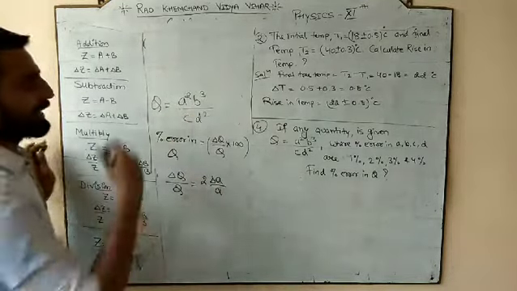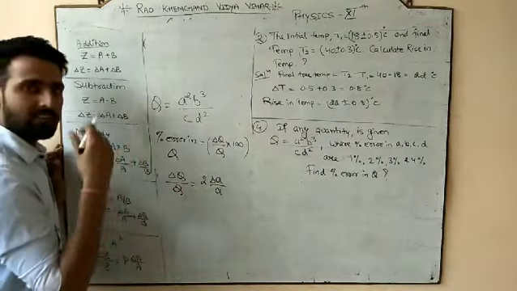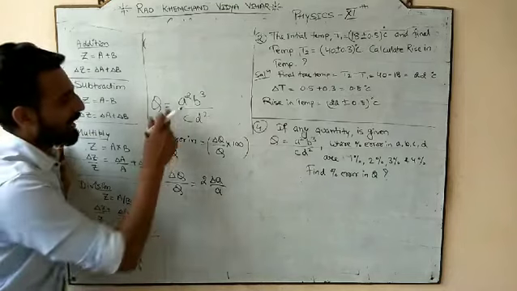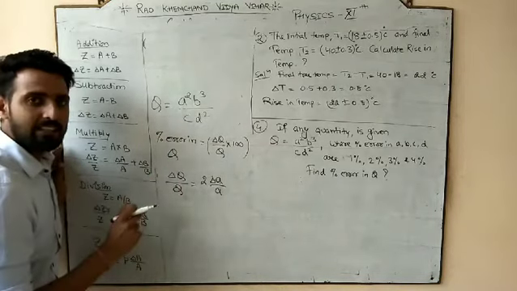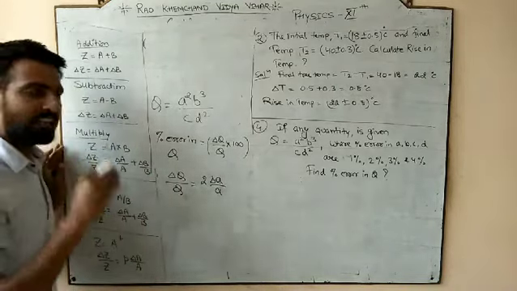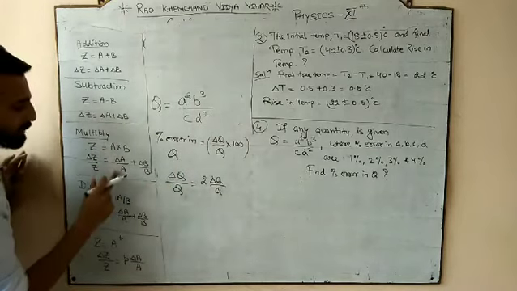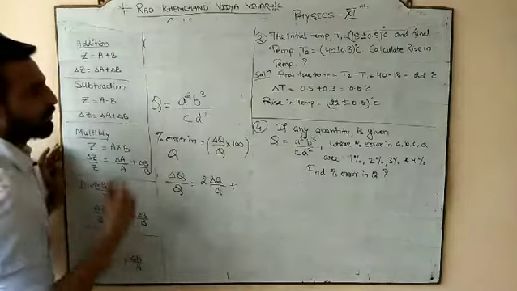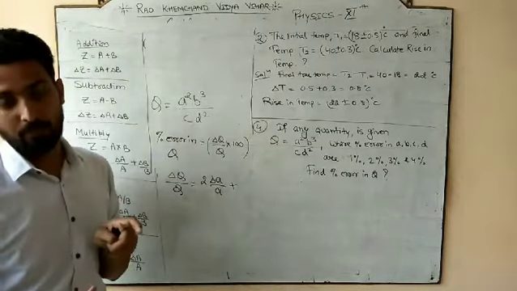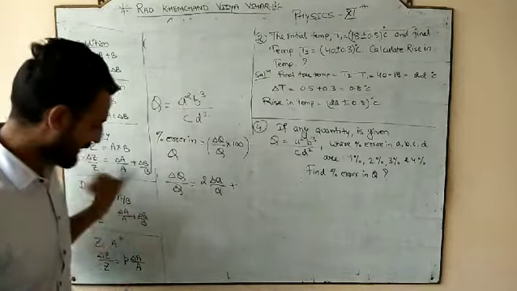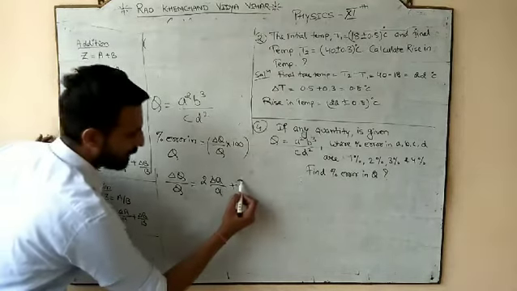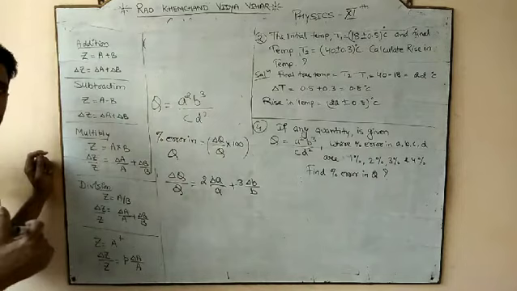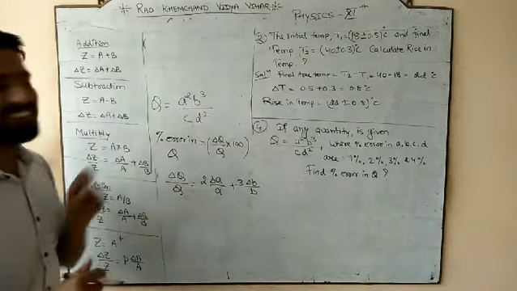Now let us move to the next term, B. But how are A square and B cube related? They are multiplying. And whenever two numbers multiply, their relative errors add. So there would be an add. What is the second term? B cube. How to solve B cube? It is again a power. The power would come in front, delta B by B. Is that okay?